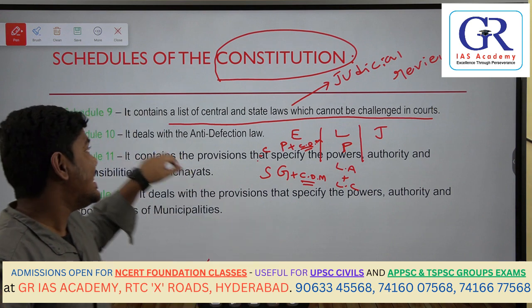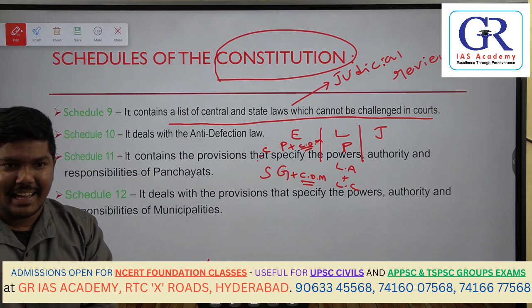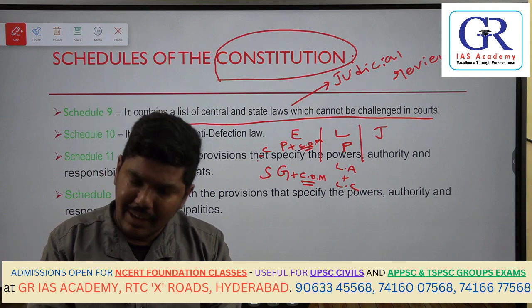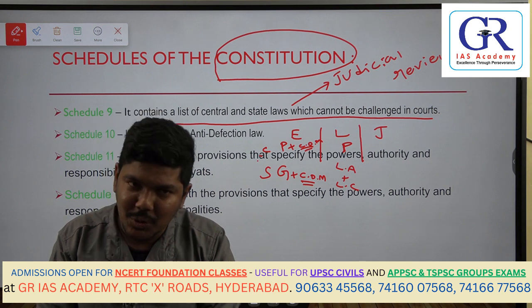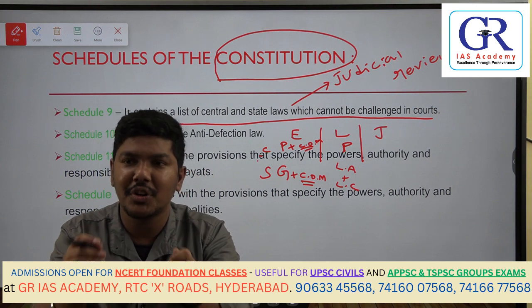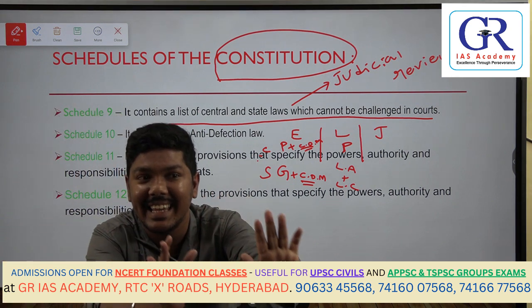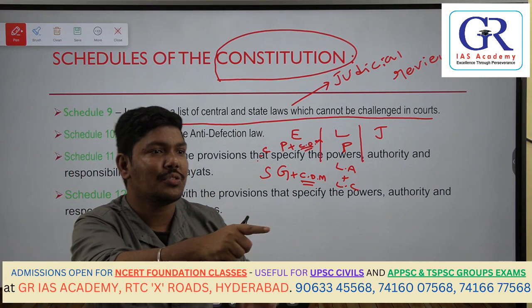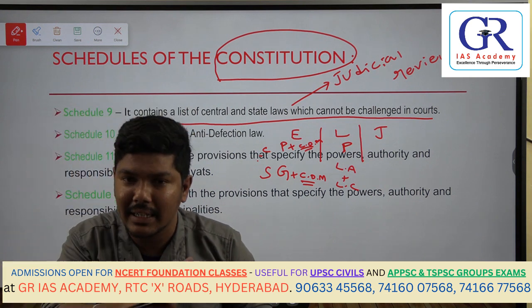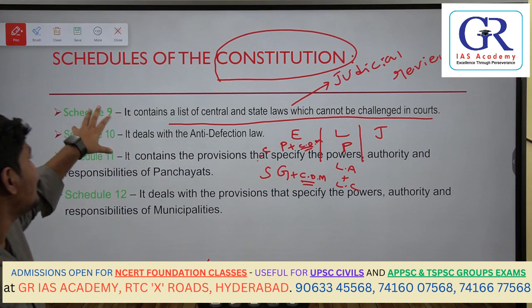Okay, fine. This schedule was created with that objective. Why? Because this schedule was created by the government. The government says that I will make some laws, even though they violate fundamental rights, even though to an extent they violate the Constitution, you should not strike off that particular law. The government is basically saying to the judiciary that I will include some laws in this particular schedule, and even though they are unconstitutional, you should not, by using judicial review, say that they are unconstitutional, you should not say that they are violating the Constitution. That is how the schedule was created.